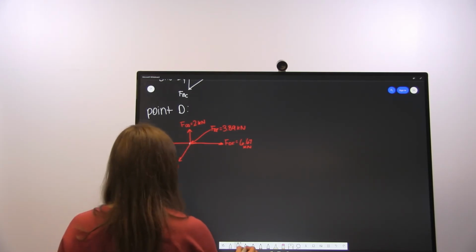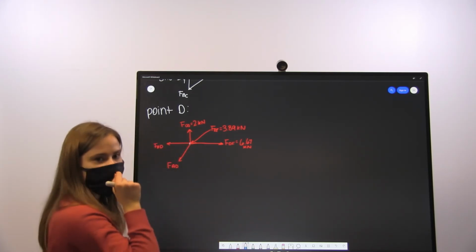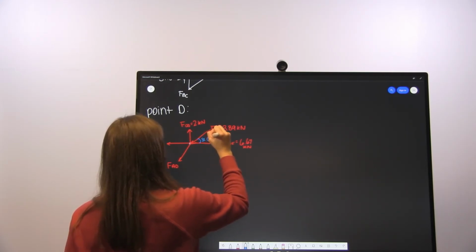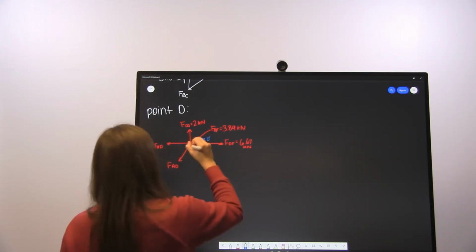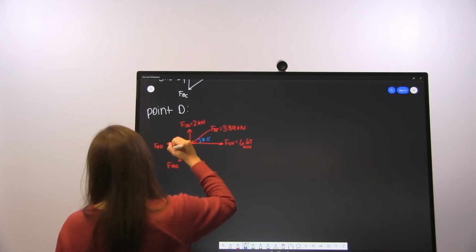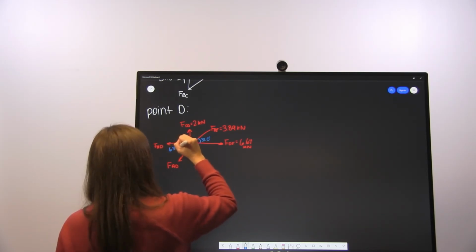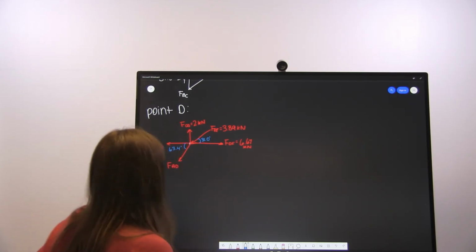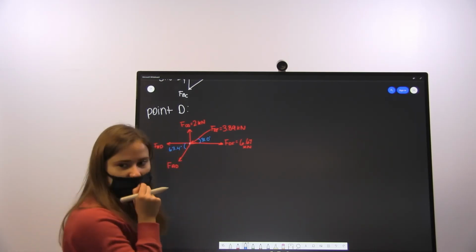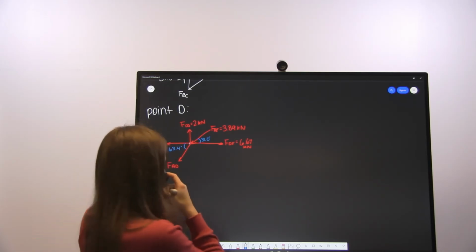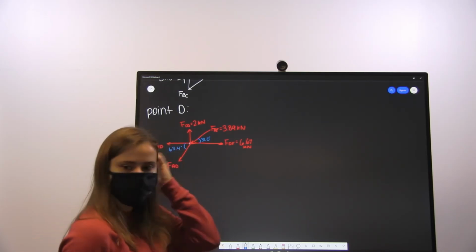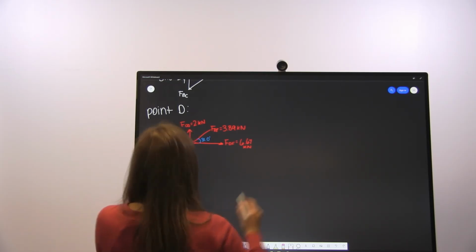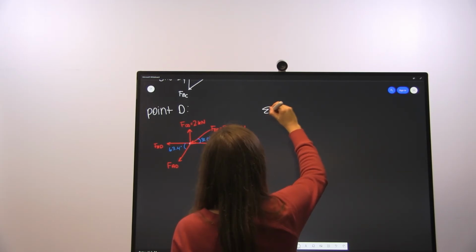So we have two different angles this time. We have this angle of 31.0 degrees, and then we have our other angle that we solved for, which was 63.4 degrees. So when we're going to solve for the x and y components, we're going to be using different angles this time. Instead of like in the last part where we used the same angles, it's going to be different this time. So we can start with our equilibrium equation for forces in the x direction,